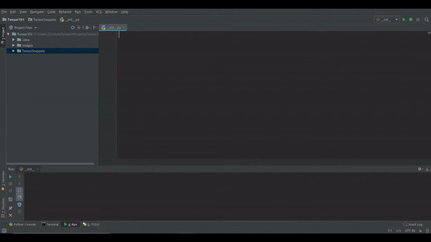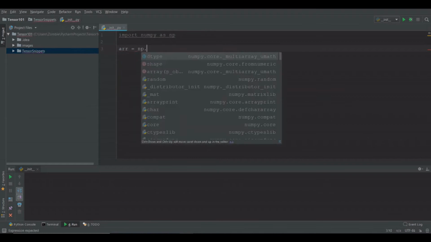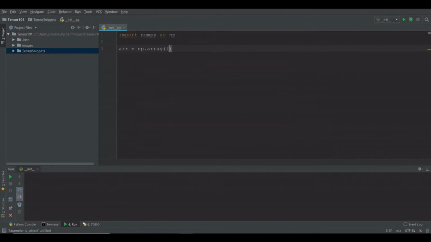First we import NumPy library. And then create a variable that hold the NumPy array created using np.array method and put a number into it.